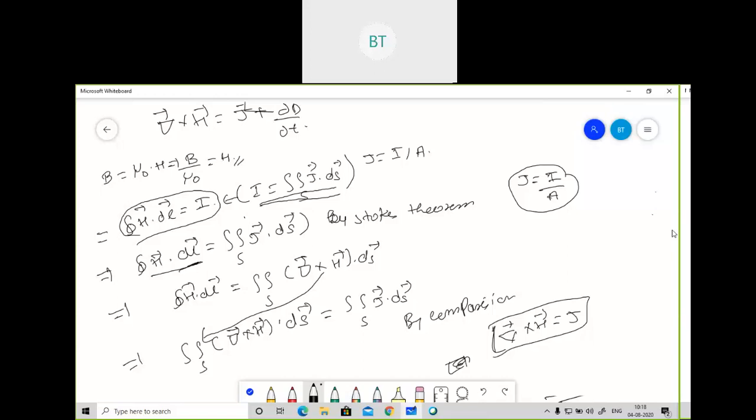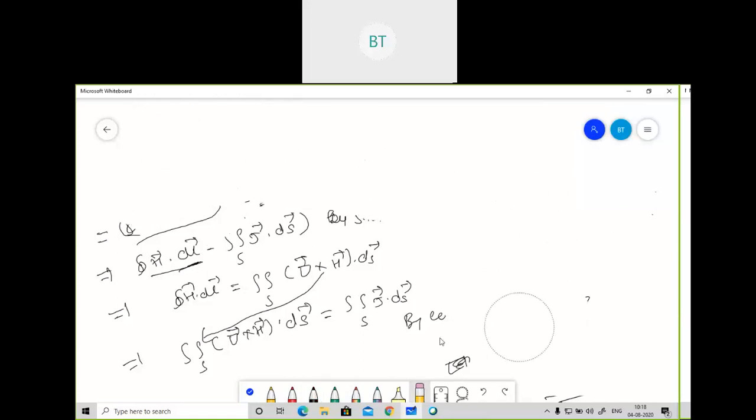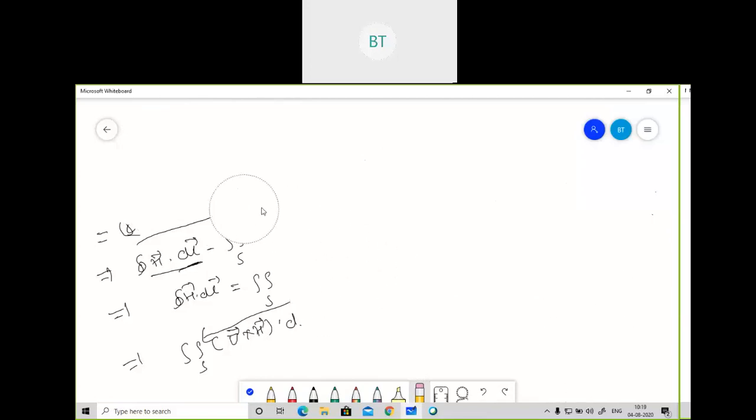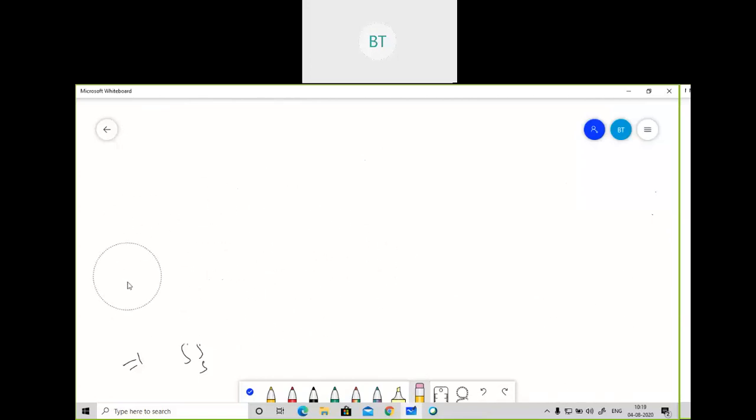So I'll derive the fourth equation. That's the simplest equation. The fourth equation tells us divergence of B is always equal to 0. This is our fourth equation which we are going to prove, and we will prove it theoretically only. More mathematics is not there nor required in this equation.